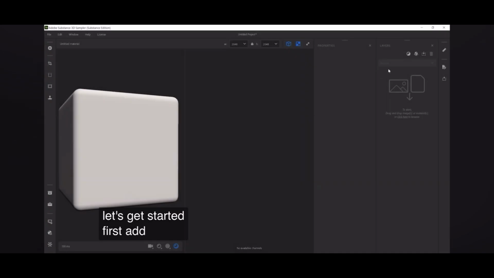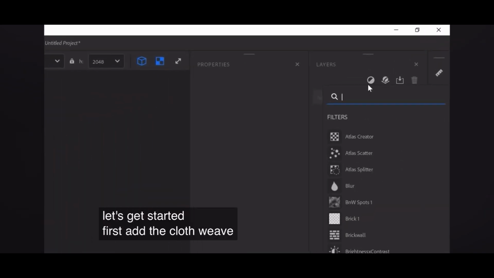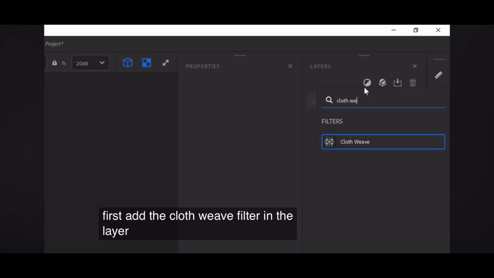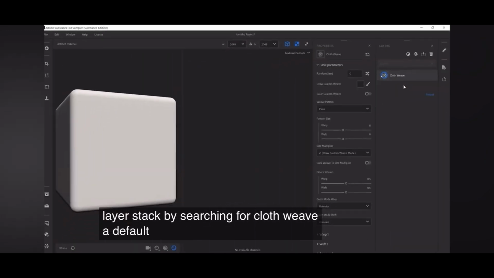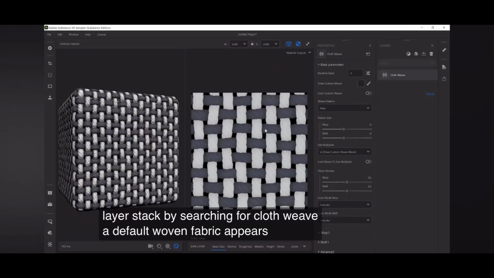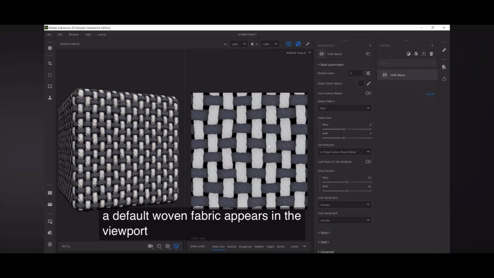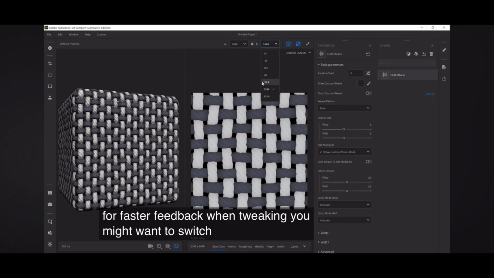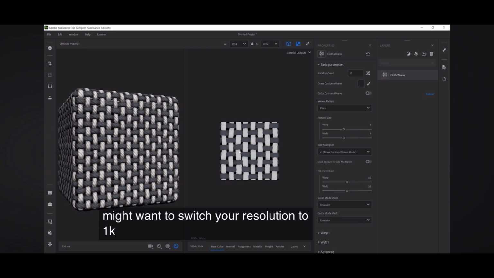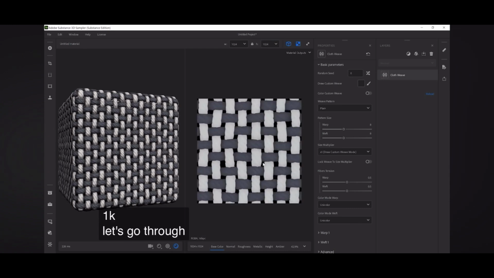First, add the cloth weave filter in the layer stack by searching for cloth weave. A default woven fabric appears in the viewport. For faster feedback when tweaking, you might want to switch your resolution to 1K. Let's go through the basic